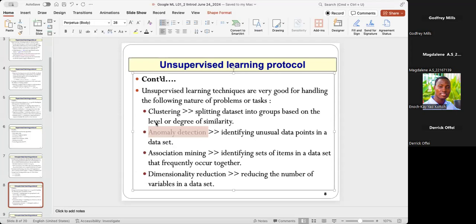Then we have, again, association, as I mentioned. And then the last one is what we call dimension reduction. So unsupervised learning also, when we are dealing with